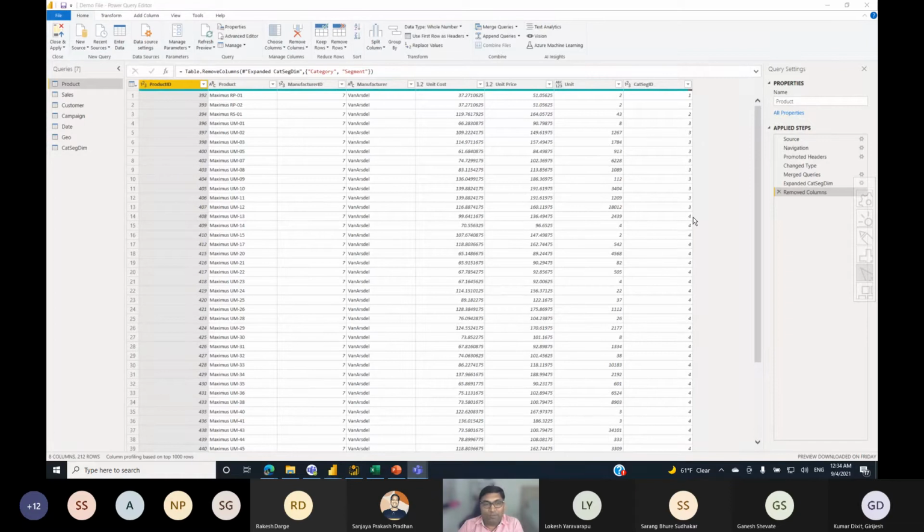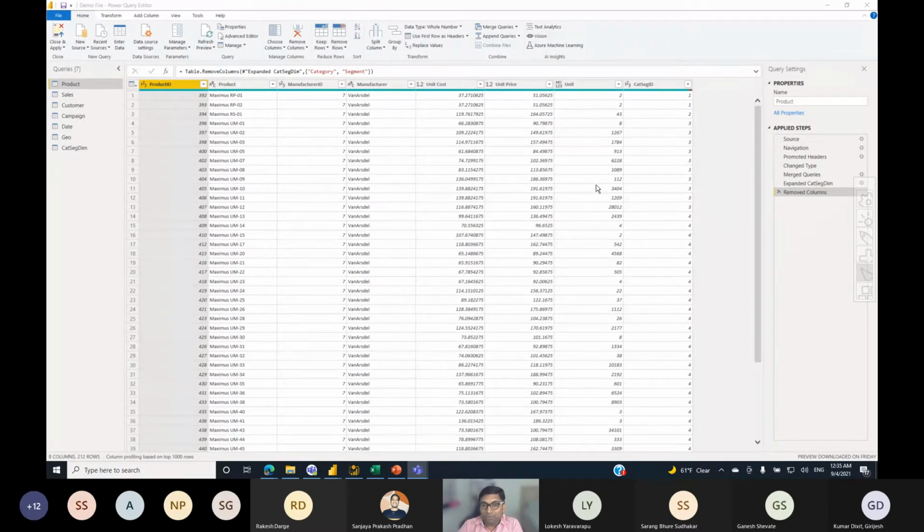In one of my previous sessions, somebody was asking two questions. Number one, they asked what is the undo command here? Because we are all Microsoft-favorite persons, we all like our undo command. But here there is no such undo command, but it's much better than that. You can see on the right-hand side the cross; these are your undo commands. Whatever transformation you perform on this model, everything is getting created as steps.